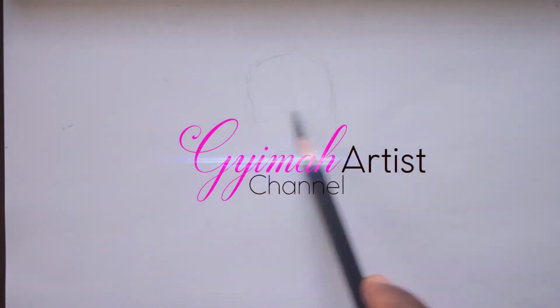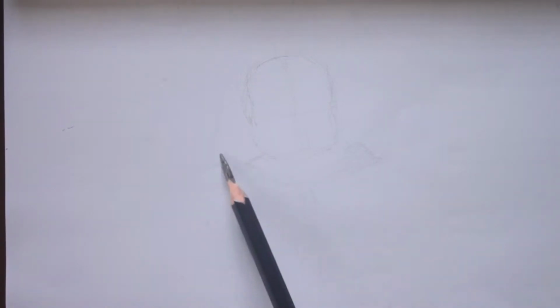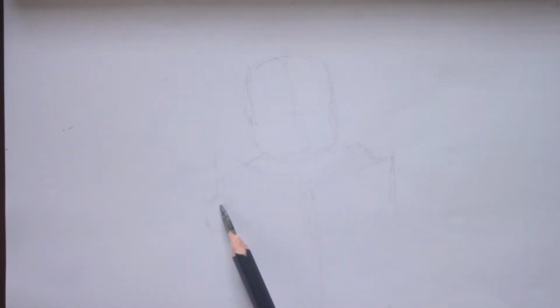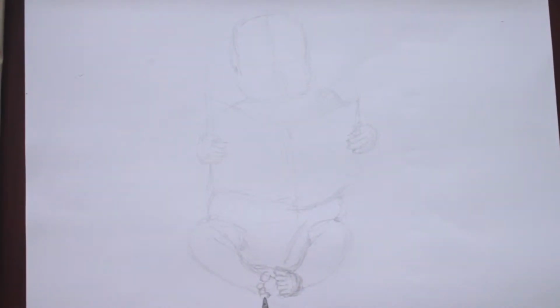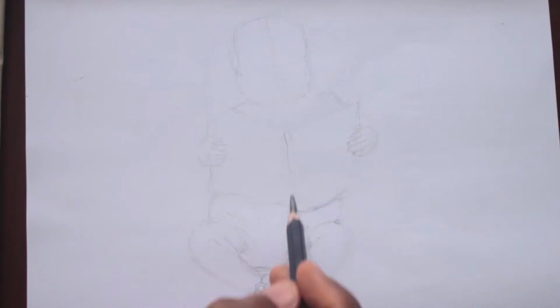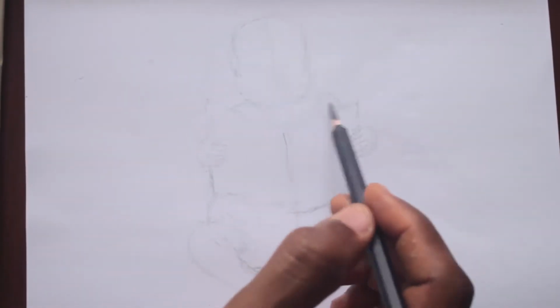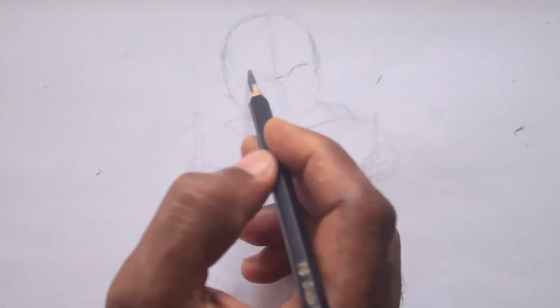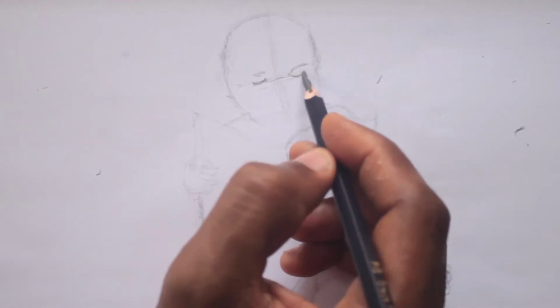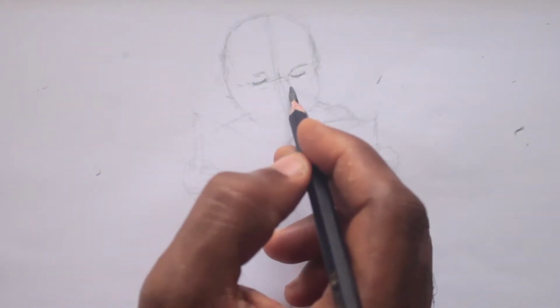Hi friends, today we are going to draw a baby reading a book, and we're going to start from the head and draw posture. So I've started to show the construction of the body, the whole posture. I'm trying to rough out, bring the whole concept down. So I think we have